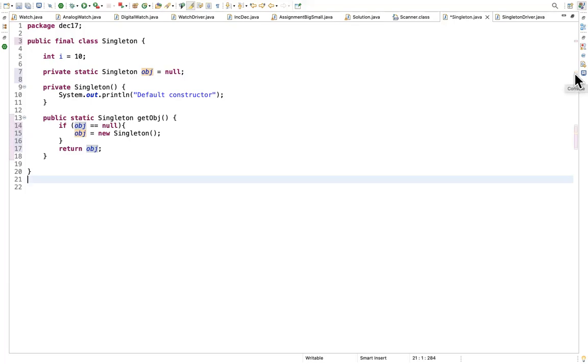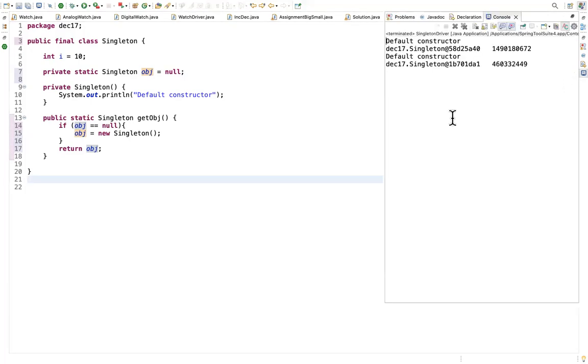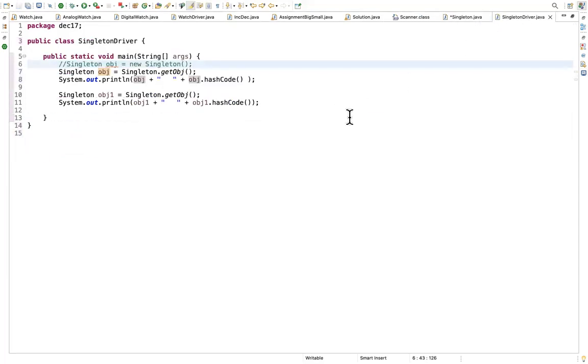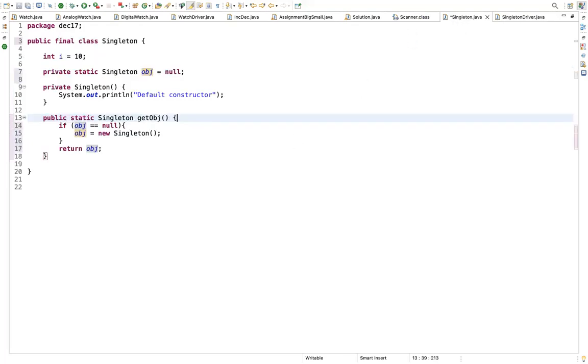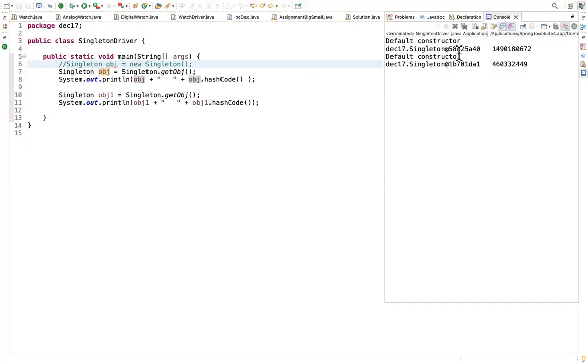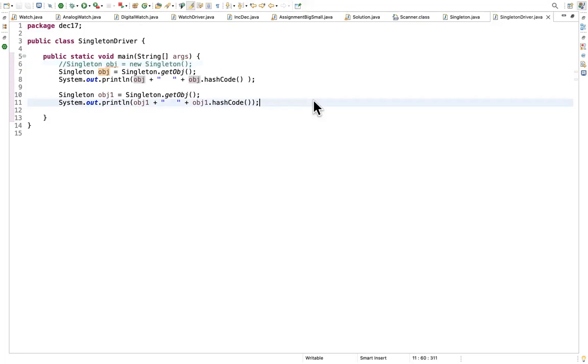Cool. Now in your singleton driver class, can we create the same way and print and execute? I think your singleton is not saved. Can you save that file? Yeah. Can we invoke now? Just execute. I will have a look at the output before. Yeah, so we're getting two different objects before. Basically, your hash code values are different right now. That is the understanding first, right?